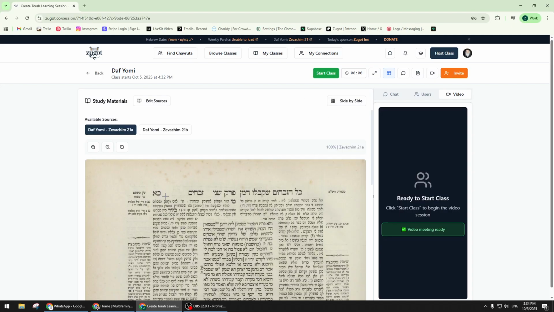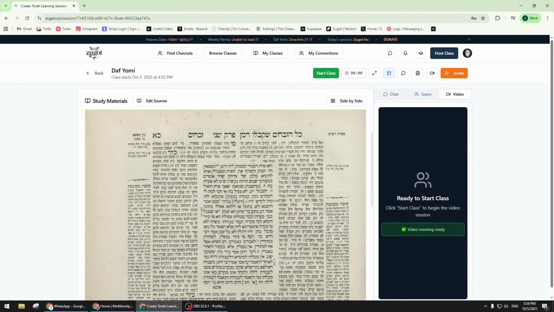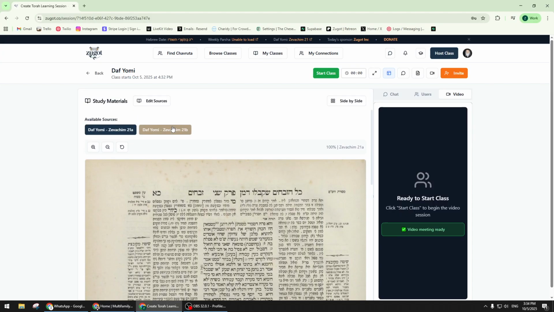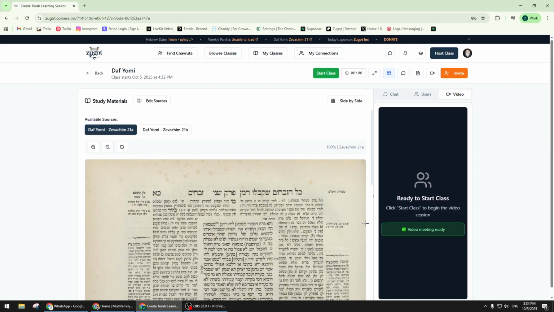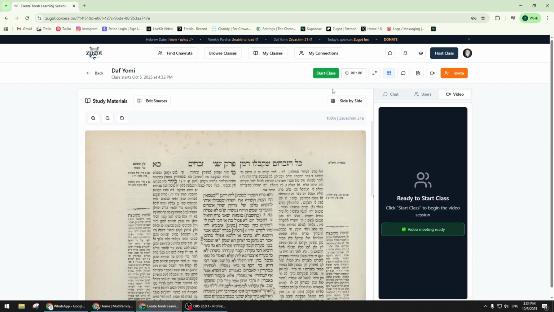As you can see, here I have the imported Gemara. This is side A. Select side B, and it'll show the second Amud of the Daf. Now, once I'm ready to start the class, I'll go ahead and click Start Class, and the video session will